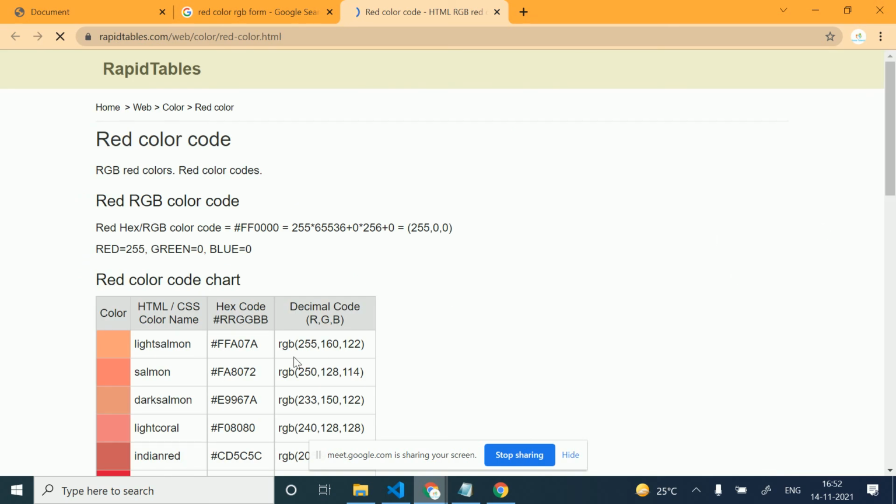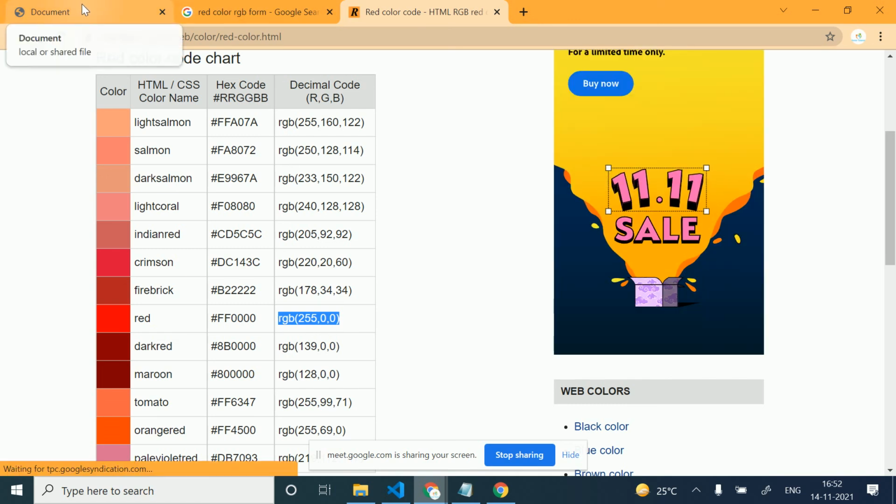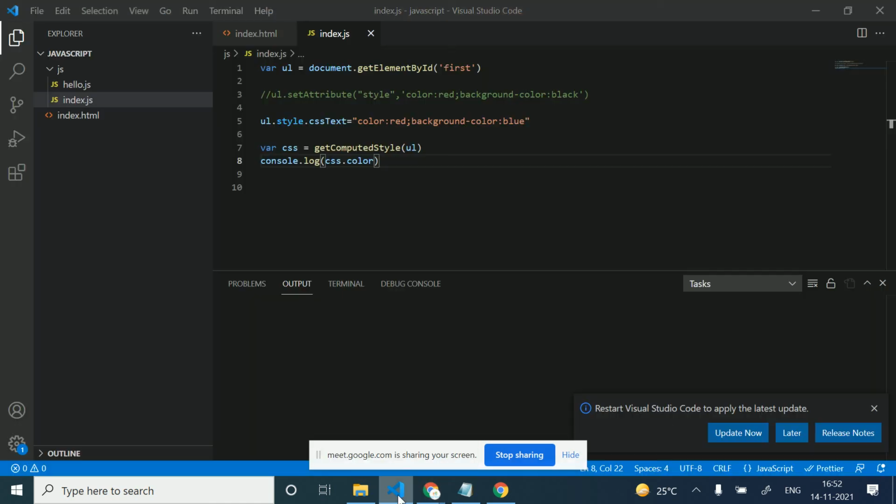Let's go here, this is the red, in RGB form, rgb 255. So we are getting it in RGB form. In this way we can get any attribute from any element, like the background color as well.